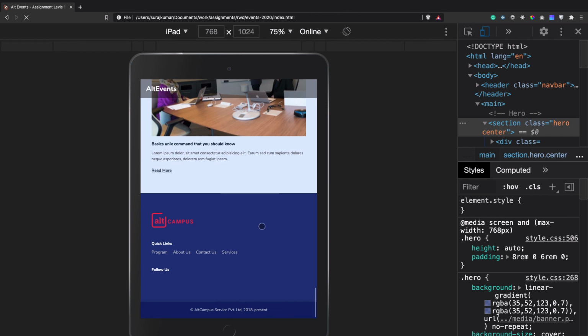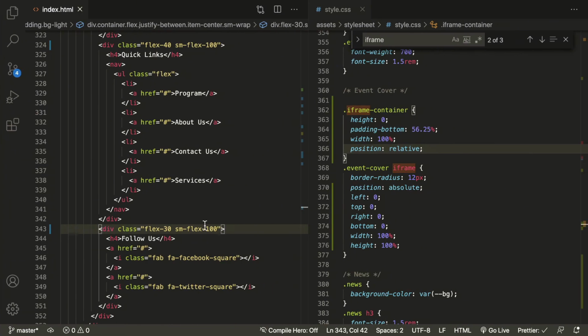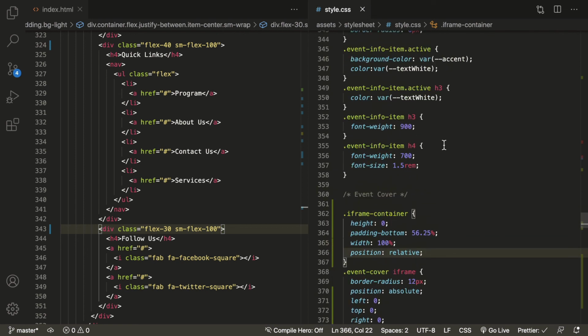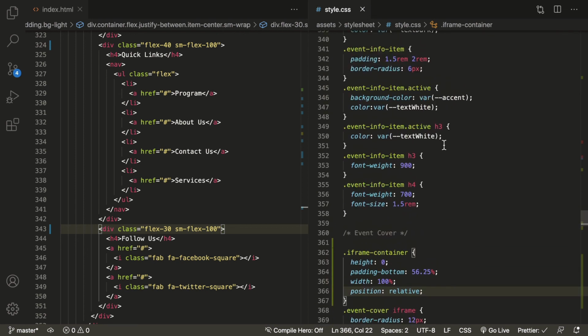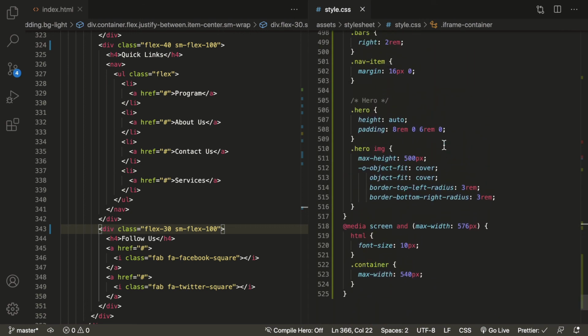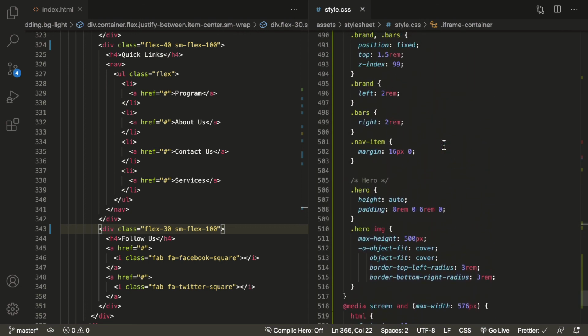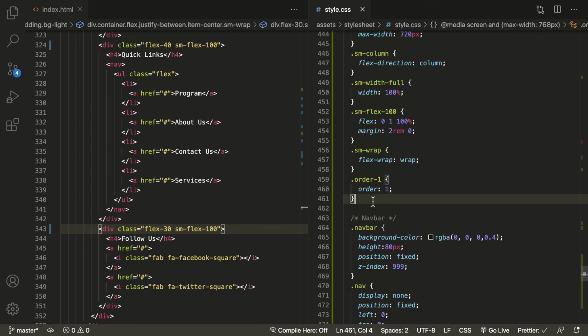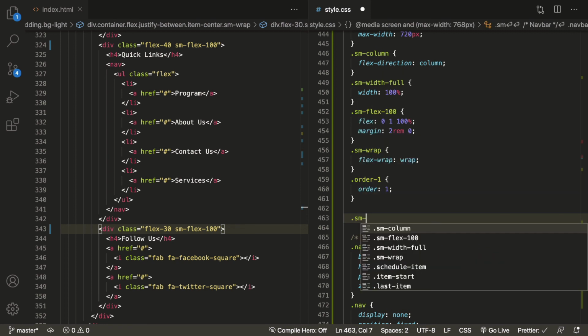Okay, everything is looking nice. We just need to set text align center here. So how can we do that? We can make a general class again. We already have one text center class, but that will align center for each and every screen, and we need text center for the smaller screen only. So before this, here only we can take another class, sm